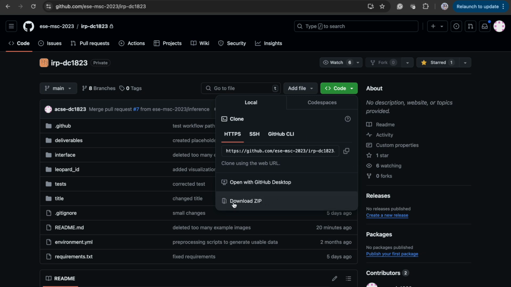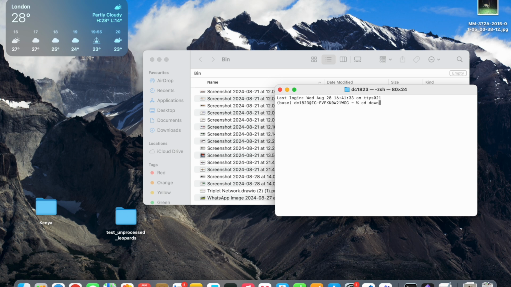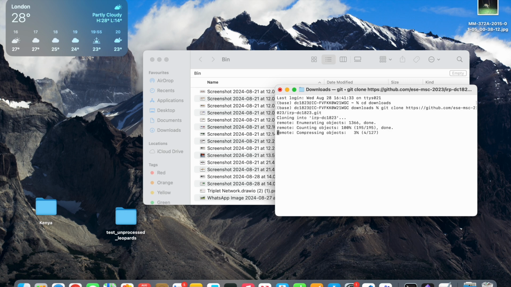Either you download the zip of all the stuff here, or you git clone it, which is what I'm going to show you here. Then you go to a terminal, you go to wherever you want the program to be installed, and then you just go git clone that. It is quite heavy because it has the model itself, which is around 50 megabytes. Once this is done,